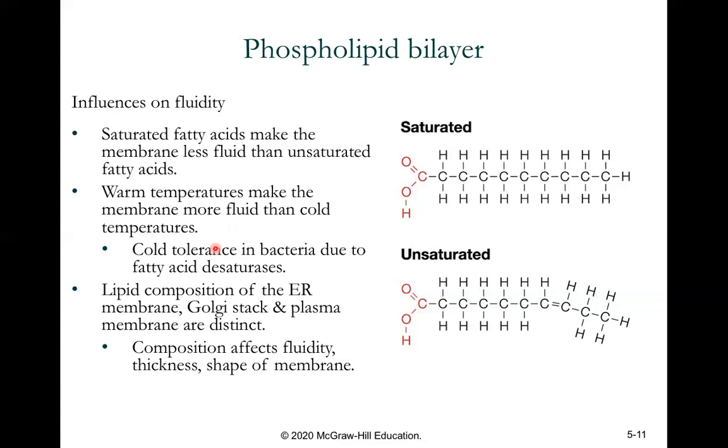So warm temperature makes the membrane more fluid than cold temperature, and cold tolerance in bacteria is due to the fatty acids desaturating. Now, lipid composition of the ER membrane allows for Golgi stacks and plasma membranes that are distinct within this membrane. So they're composed of the effects of fluidity, thickness, and shape of the membrane, which are formed based on the saturated and unsaturated